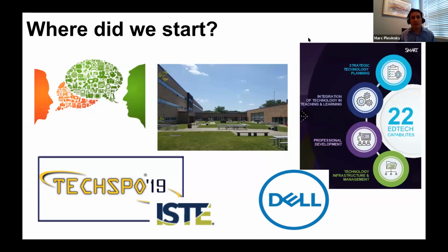Also key to our journey is we view our technology vendors not as vendors, but as partners. And that partnership is really key in these discussions, that we look to their leadership and guidance and what they're doing to improve education. And we look to work with them to improve what we can do. Part of those conversations led us